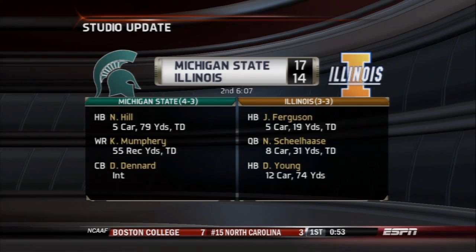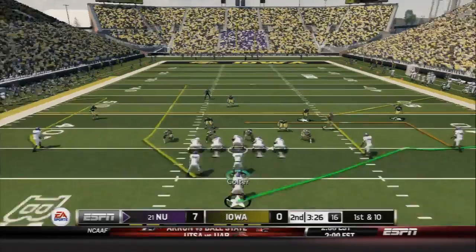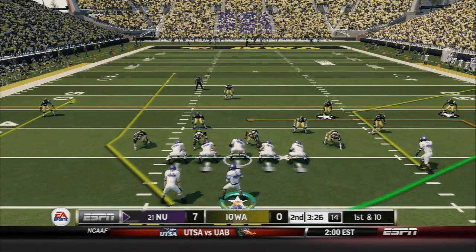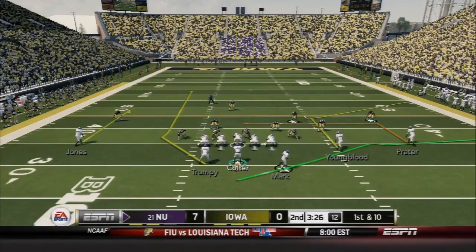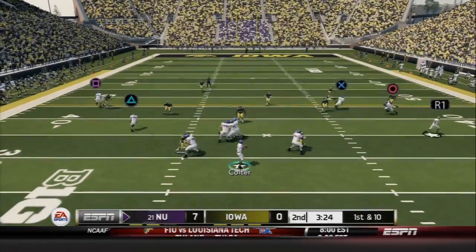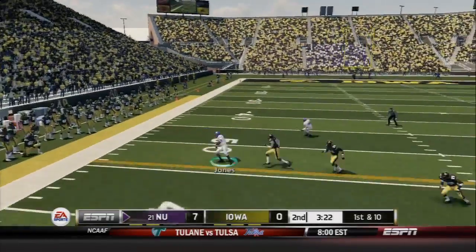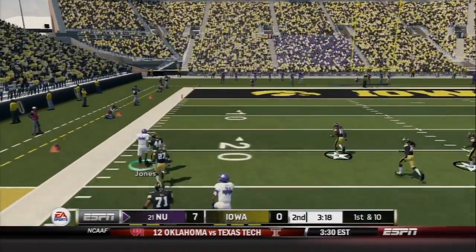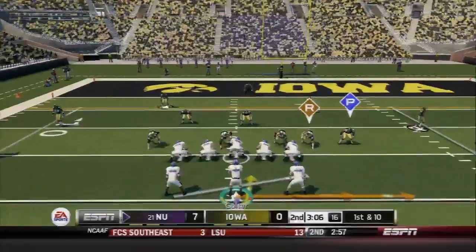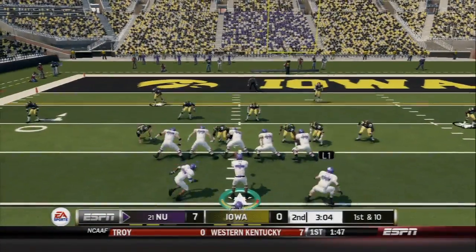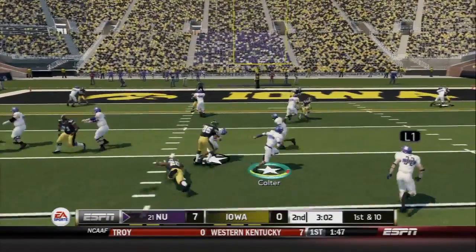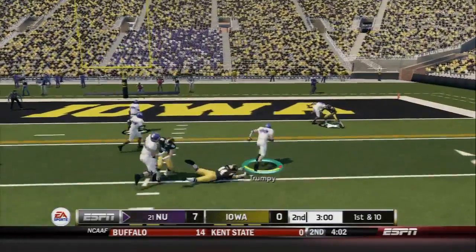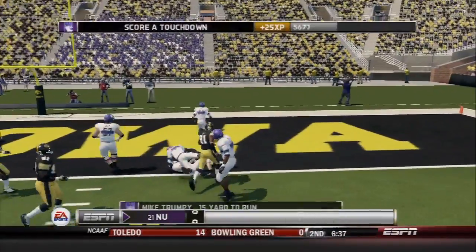Just a Big Ten update, but there's going to be another studio update towards the end of the video that has some huge surprises as far as the scores go, so make sure you stay tuned for that. But you see, we're coming into this game ranked number 21 in the country, so we're moving on up after taking a slight fall after losing to Ohio State. But we're now 6-1 overall, 2-1 in the Big Ten, coming off back-to-back wins against Wisconsin and Minnesota.